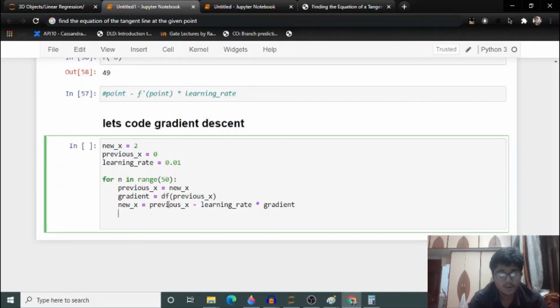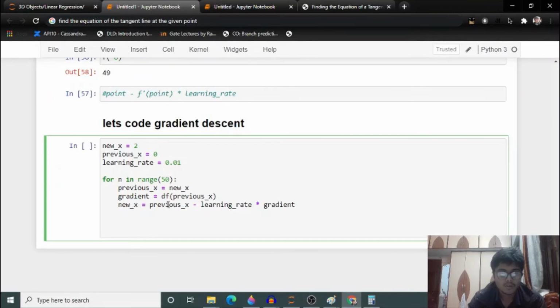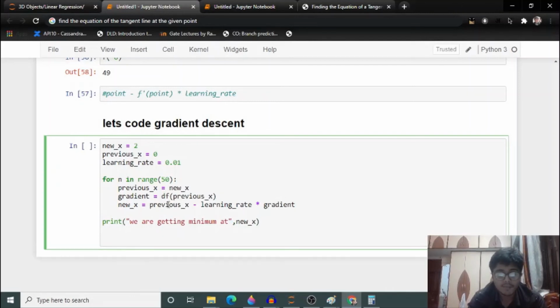Now let's see at which point we are getting the minimum. So let's print we are getting minimum at new x, and what we are getting as a minimum value we will also see.